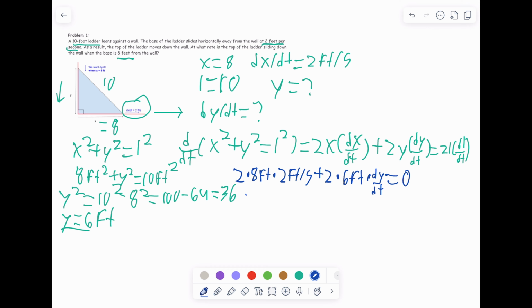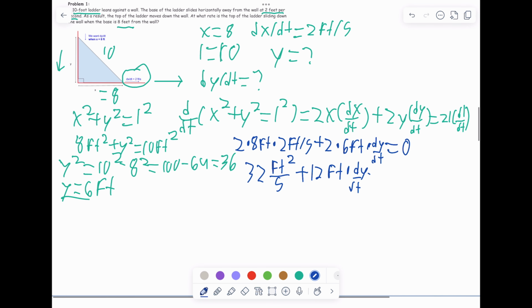So then you get 32 feet squared per second plus 12 feet times dy/dt, and that's all equal to 0. And then, from there, you get dy/dt equals negative 32